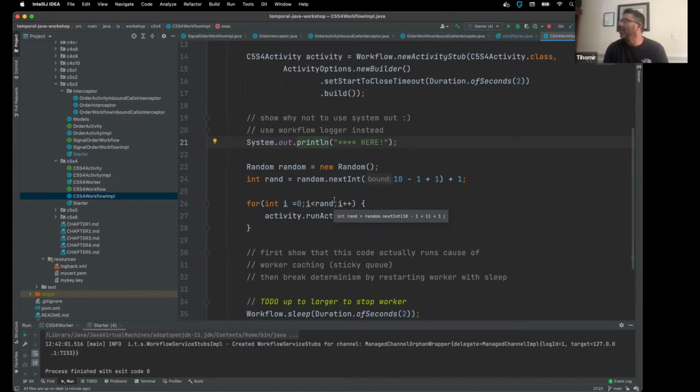Dmitry doesn't count. So anyways, the reason why this workflow, well, let's kind of try to actually start from the